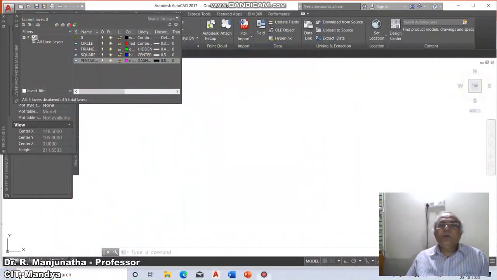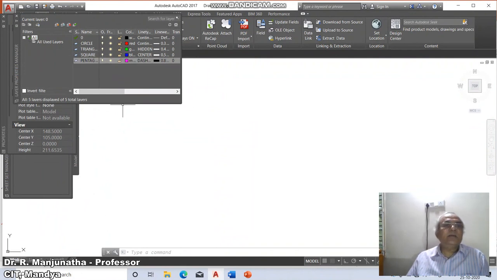Now by default, which layer are we in? The one which is ticked here is the current layer. Now I want to create a circle in the circle layer. If I want to create the circle in the circle layer, the circle layer has to become the current layer.